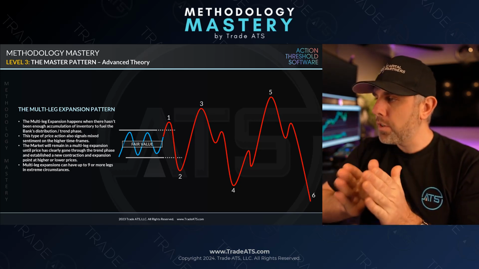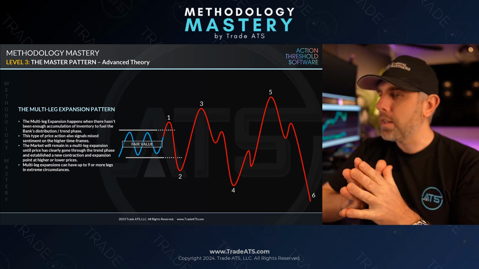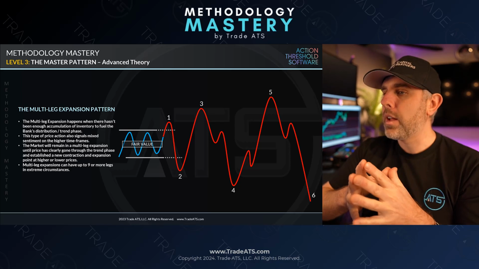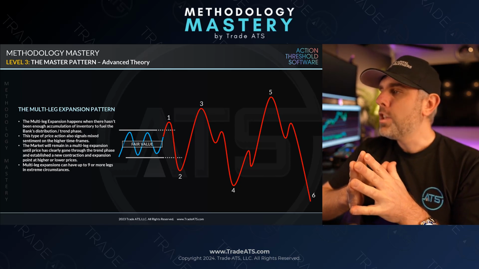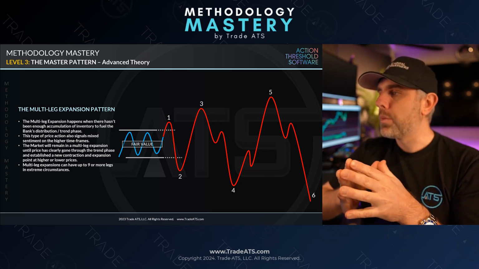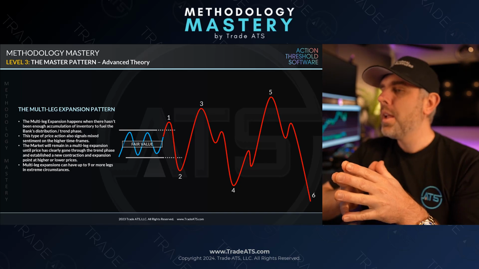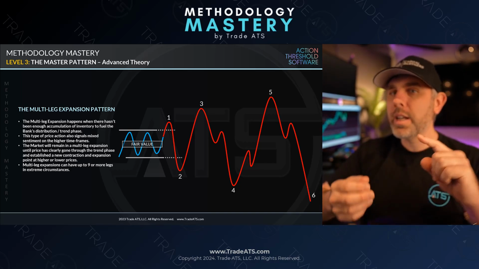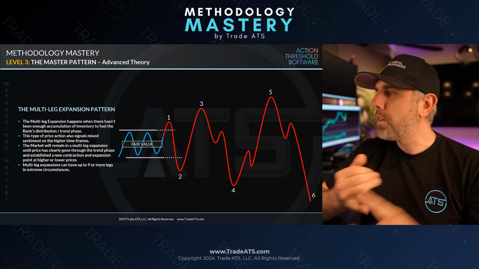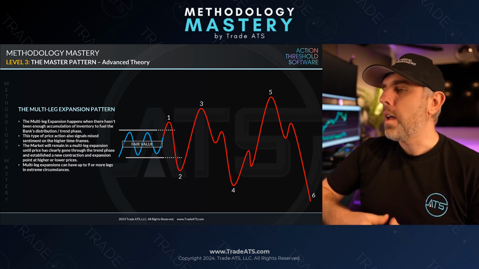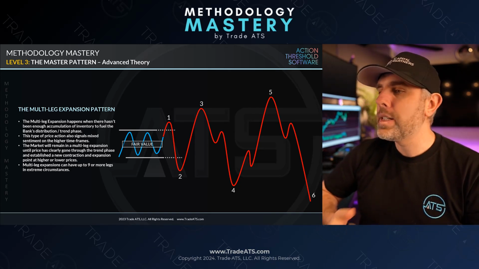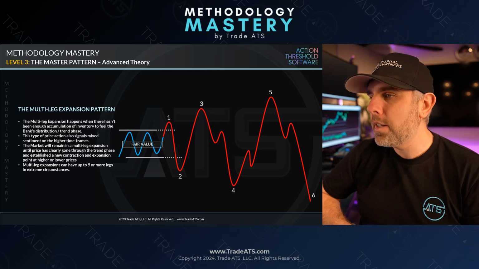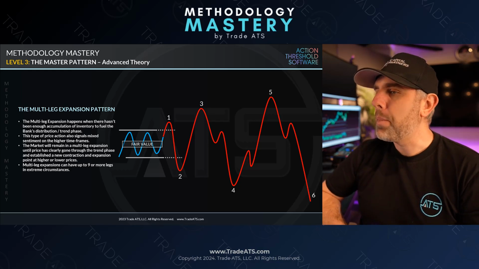When you have those first 2 expansion legs that happen after that fair value area, you now know that you're in a confirmed multi-leg expansion, and you could then expect, am I going to get 3? Am I going to get 4? Am I going to get 5? Am I going to get 6? And so on. I've seen these have 8, 9, 10 expansion legs. Typically, it's going to be rare that you're going to get that many.